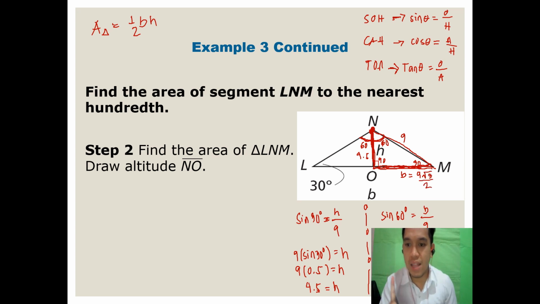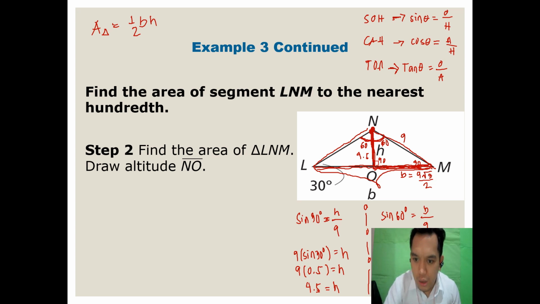Pero class, yung ating hinahanap dito na sa ating triangle ay itong isang buong triangle. Itong 9 square root of 3 over 2, yan lamang ay base nitong kalahati nitong ating right triangle. Okay, di ba? So kalahati lang ito, yung ating 9 square root of 3 over 2. So to find the measure ng kabuuang base dito, ito class, kulay blue ko ito, yung total length ng ating base,